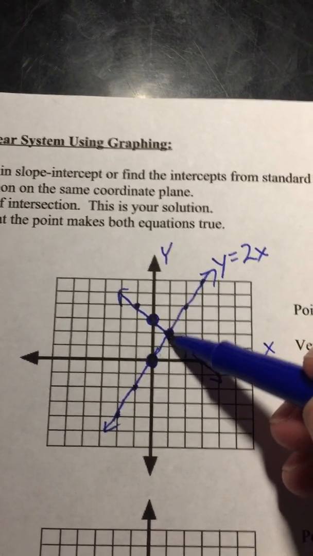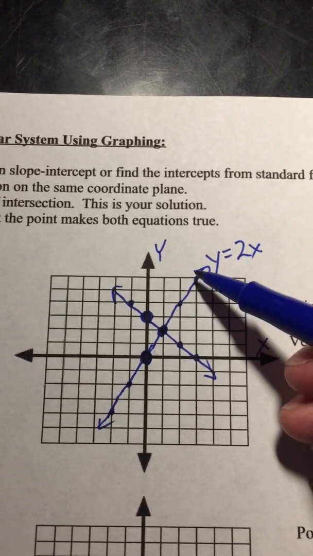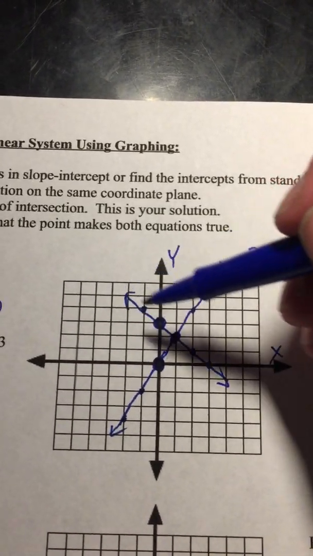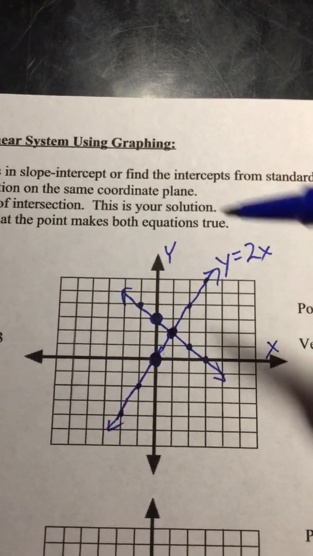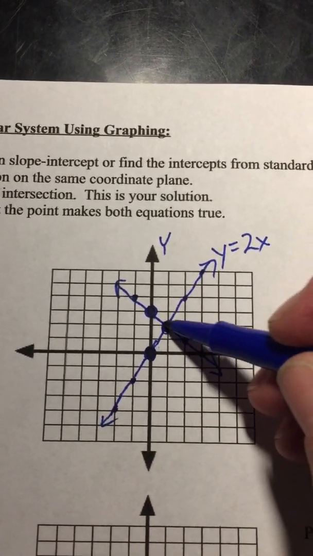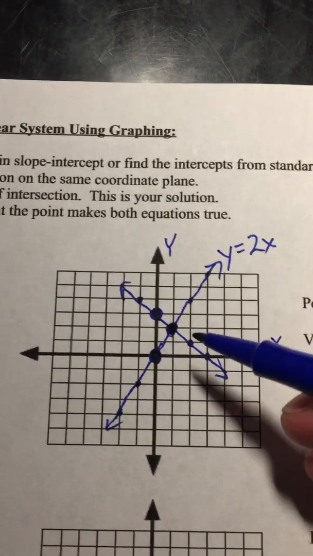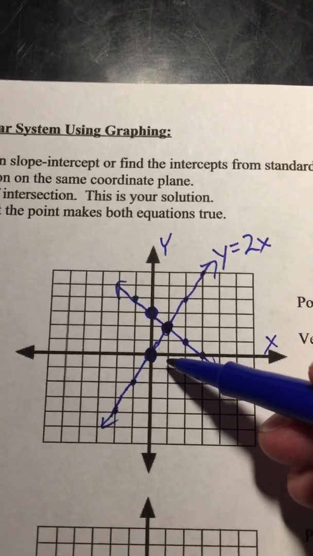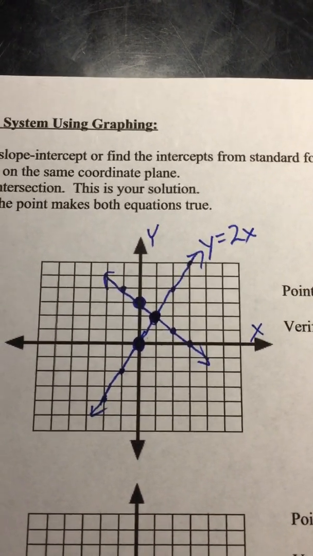And where they intersect, that point is on both lines. It's on our first line and it's on our second line. So that is the only point that is a solution to the system, right? Because we're looking for points that solve both equations at the same time. And that point, if you start at the origin, is right 1 and up 2. So 1 comma 2